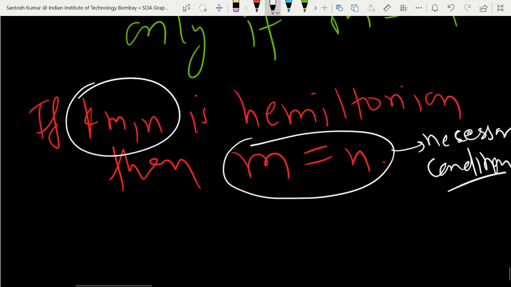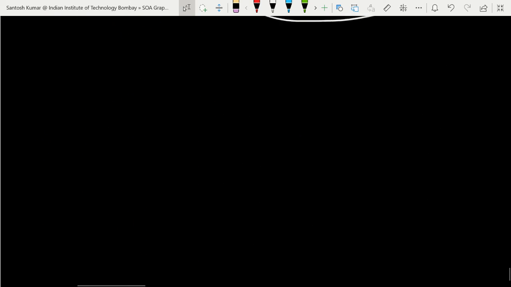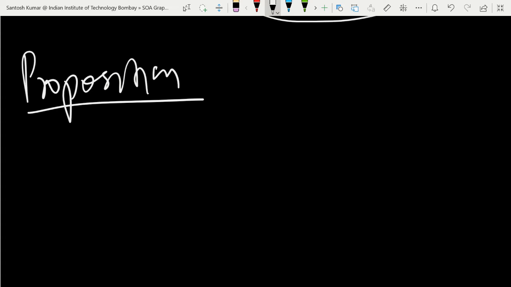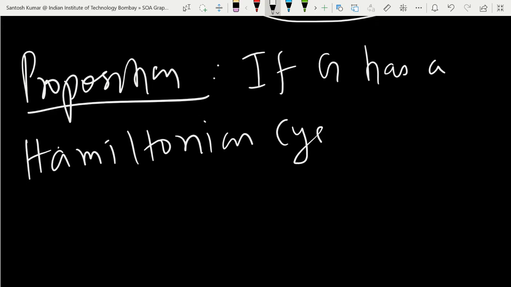So in general we want to get the necessary condition for all graphs. For that we have one result, and I will not prove it, I will just make you understand. So the proposition is: if graph G has a Hamiltonian cycle, which means graph G is a Hamiltonian graph,